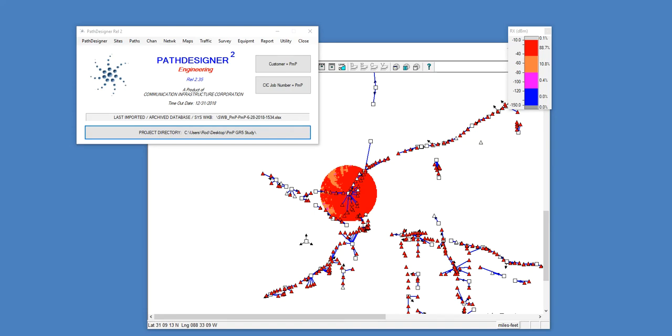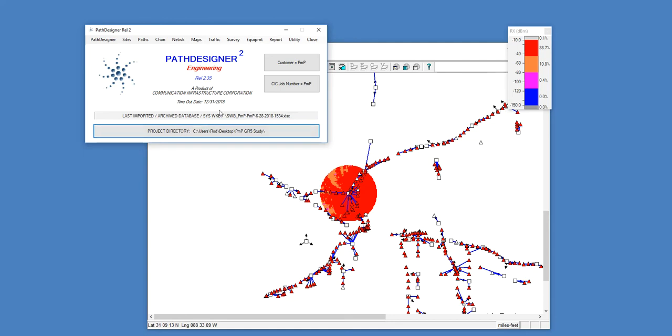This video will demonstrate the new point-to-multipoint capability that's been added to PathDesigner. On my screen, as you can see at the top left, is the PathDesigner main form. Behind it is a PathLoss GR5 map showing a large transportation network or project consisting of 580 sites and 438